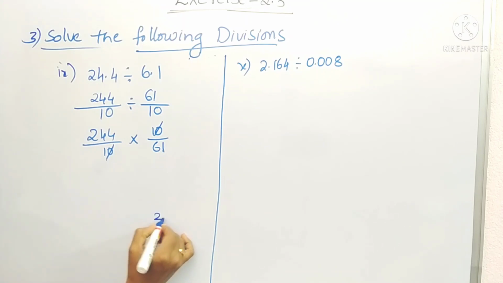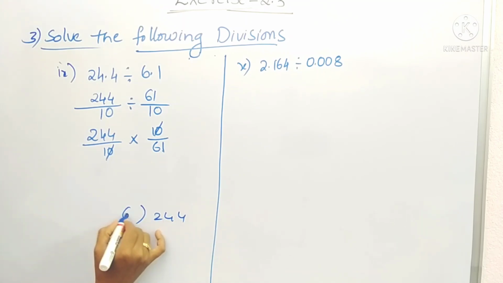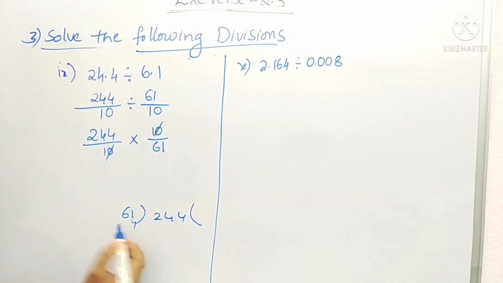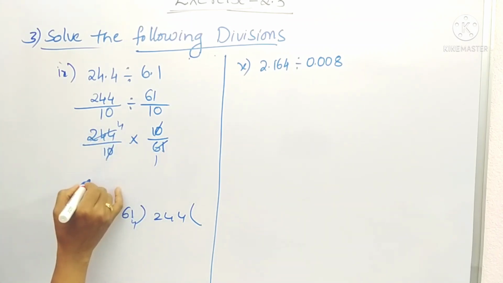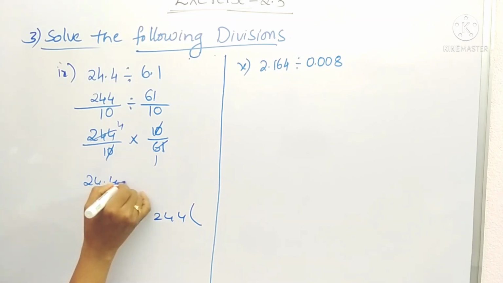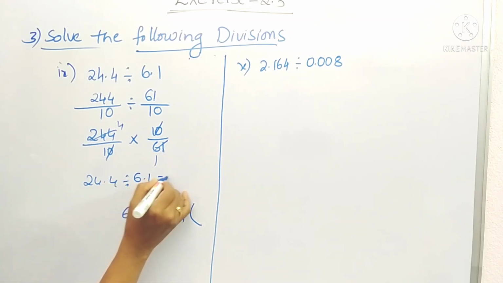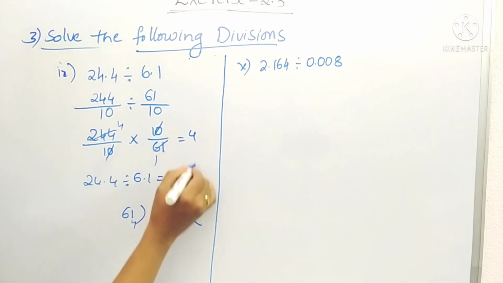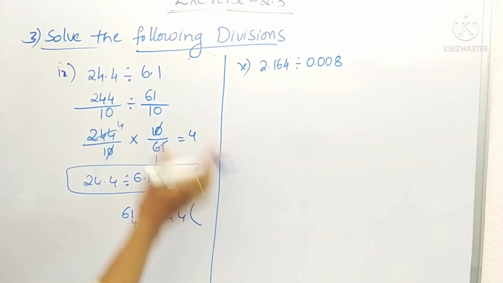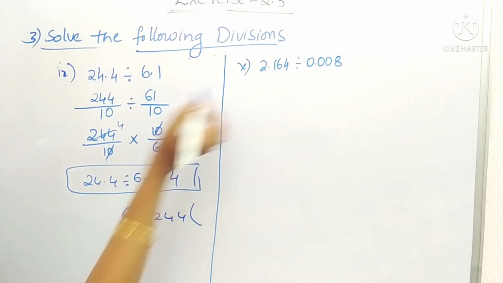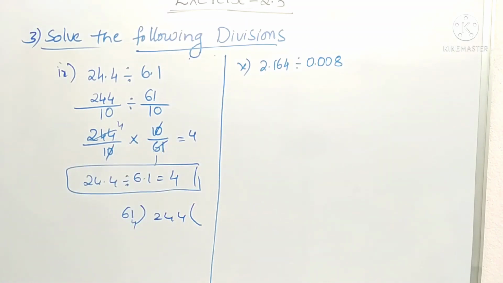Okay, and 10 and 10 will get cancelled. So it is 244 and with 61 we have to multiply. See, 6 4s are 24 and 1 4 is 4. So directly we can cancel. So 24.4 divided by 6.1 will be 4. Okay, and our last one in this third problem. Here 2.164 divided by